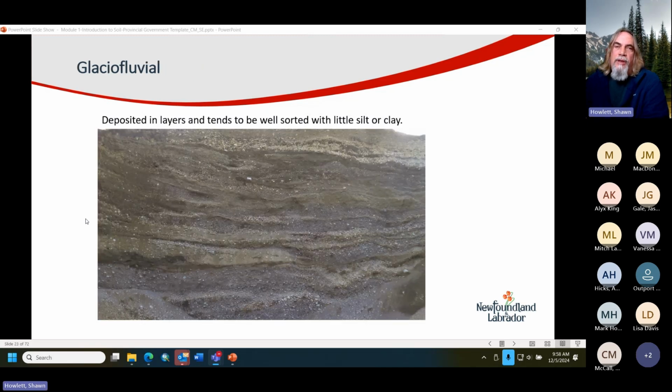Glacial fluvial. This is basically as the glaciers were melting, we've had a number of rivers, small lakes, ponds, all that flowed underneath the ice. And in the process of doing that, it carved out numerous valleys, and over time, it laid down layer after layer of washed sands and gravels. So, it's not that great to see on this picture, but it's very defined when you're in the field